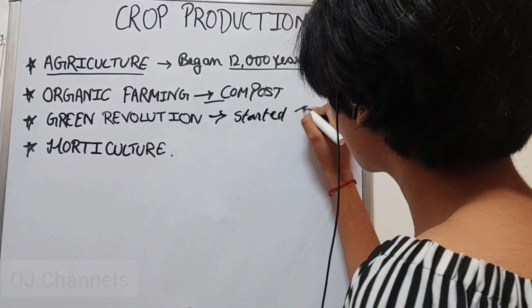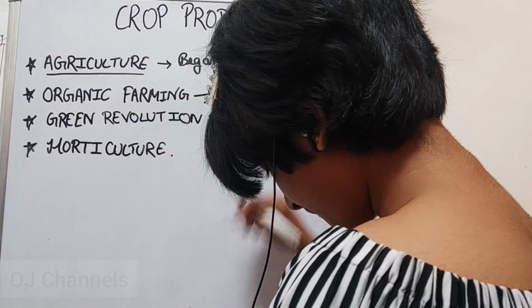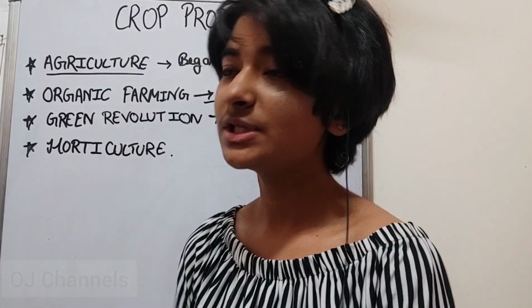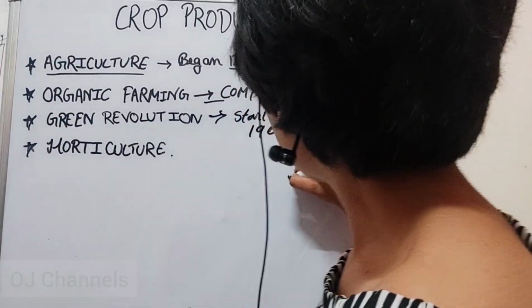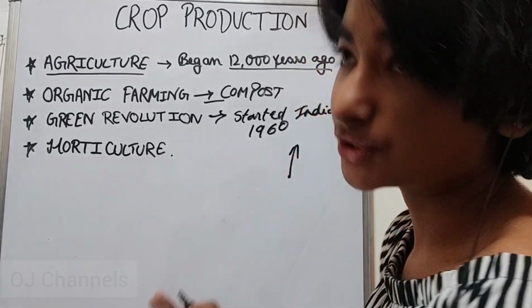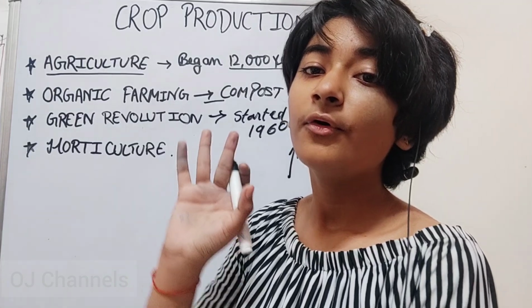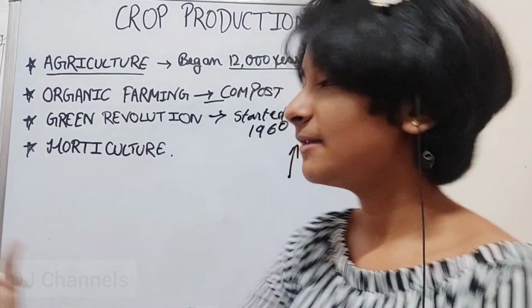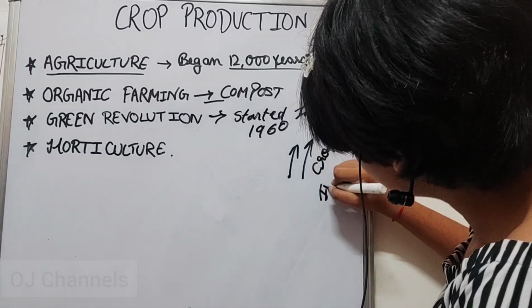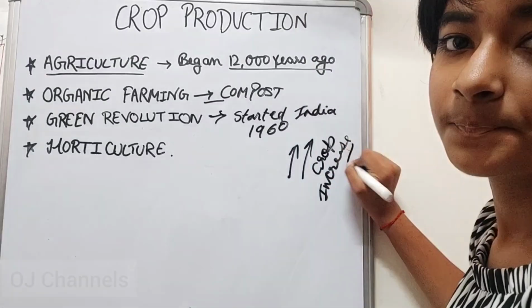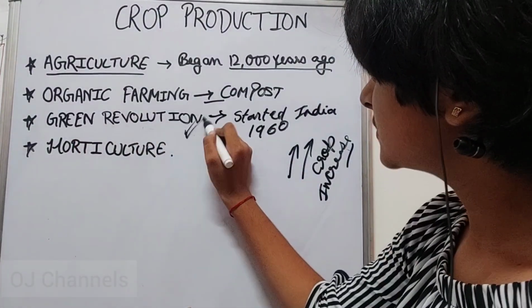Just इंडिया में स्टार्ट हुआ था 1960 में. So in this revolution the production of grains and crops were increased. काफ़ी इंक्रीज हुआ था प्रोडक्शन का, क्रॉप्स का प्रोडक्शन ग्रीन रेवोल्यूशन में. सो वी कैन से दैट ये रेवोल्यूशन जो था वो अपने कंट्री के लिए बहुत ज़्यादा हेल्पफुल था क्योंकि जो प्रोडक्शन था क्रॉप का वो इंक्रीज हुआ था. सो ग्रीन रेवोल्यूशन इज ऑल्सो हेल्पफुल.